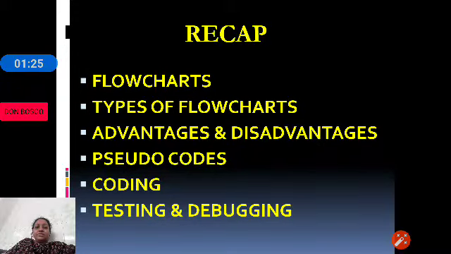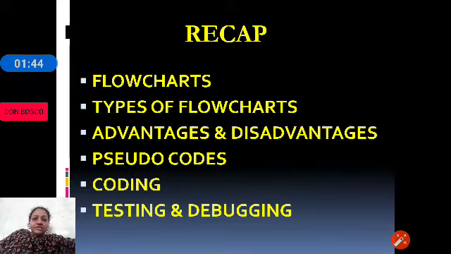Then we discussed the types of flowcharts. There are two types of flowcharts. One is the program flowchart and the other one is the system flowchart. Let me brief you about the program flowchart.